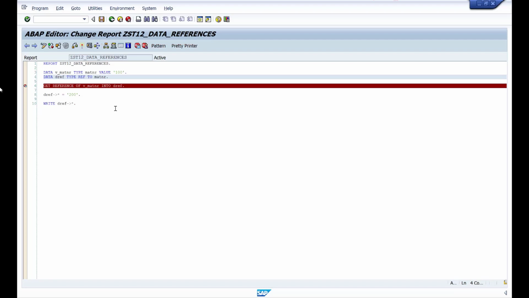And if you want to do it statically, then you have to know the table name, then you have to build your structure by referring to that table, and then you have to write a select and get the data from that particular table into your structure or internal table, right? So you need to know a lot of things statically to handle this in a static way. But by using these data references, I can make the complete process dynamic. So I don't need to know anything statically. I'll write my code in such a way that whatever table name you give me, I'll pull data from that table and display it to you. Okay, so let's see how to do that.